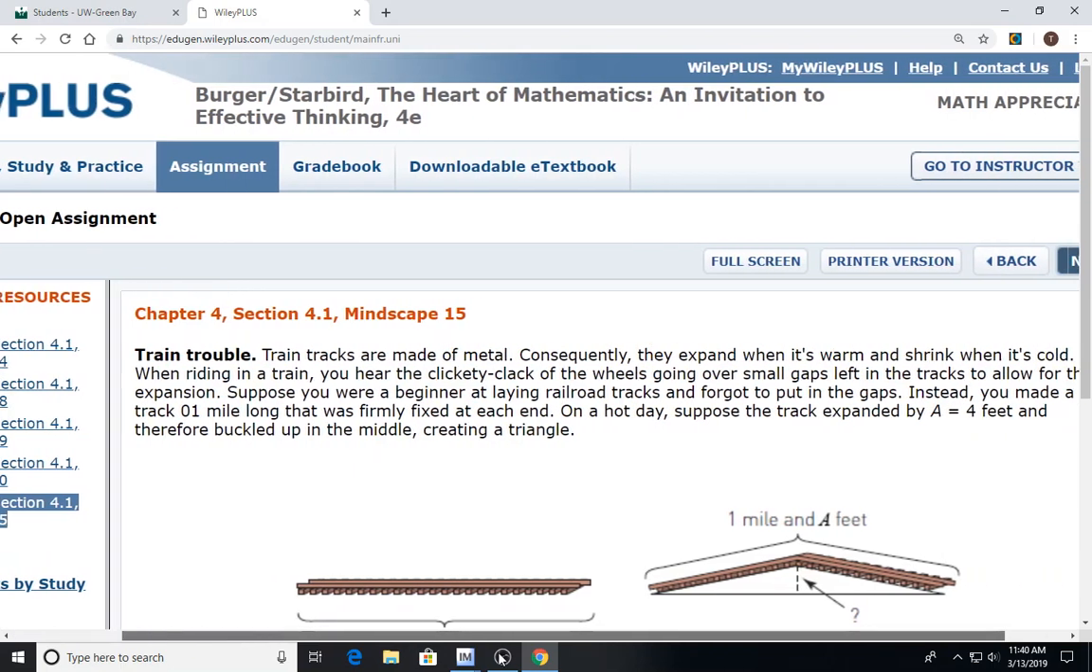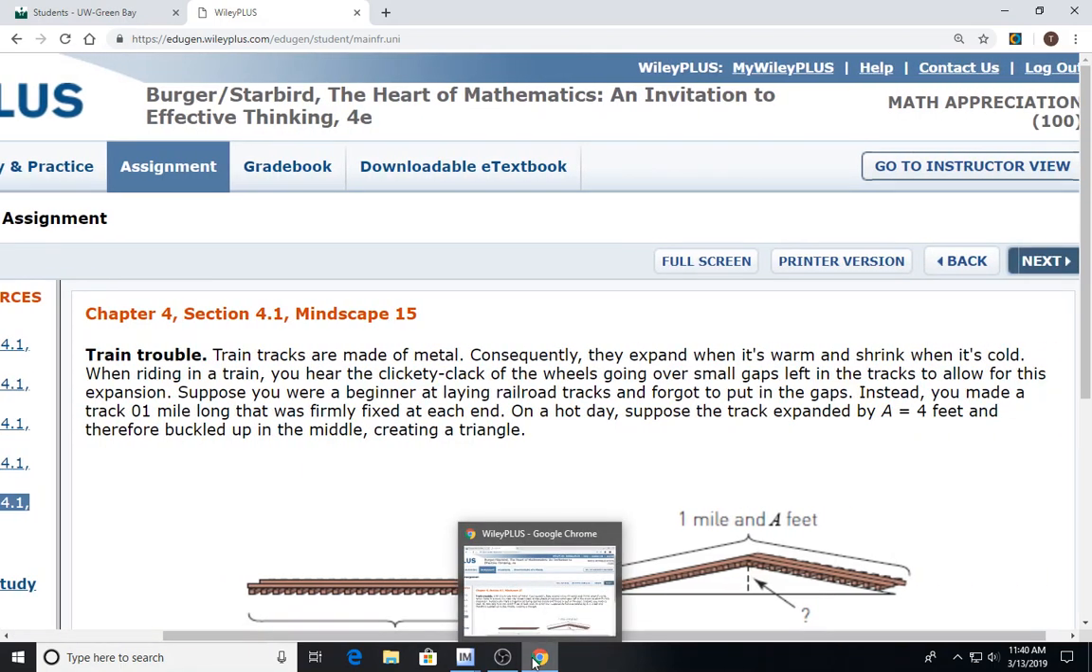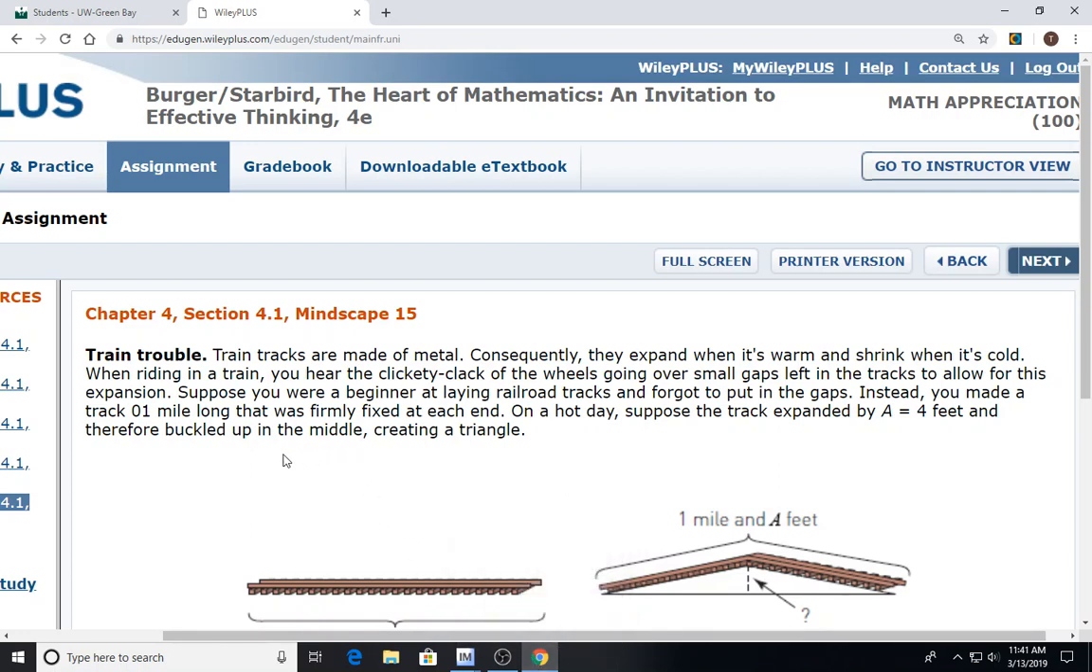I thought this was very interesting. Train tracks are made of metal. Consequently, they expand when it's warm and shrink when it's cold. When riding in a train, you hear the clickety-clack of the wheels going over small gaps left in the track to allow for this expansion. Suppose you were a beginner at laying railroad tracks and forgot to put in the gaps. Instead, you made a track 1 mile long that was firmly fixed at each end. On a hot day, suppose the track expanded by A equals 4 feet and therefore buckled up in the middle,